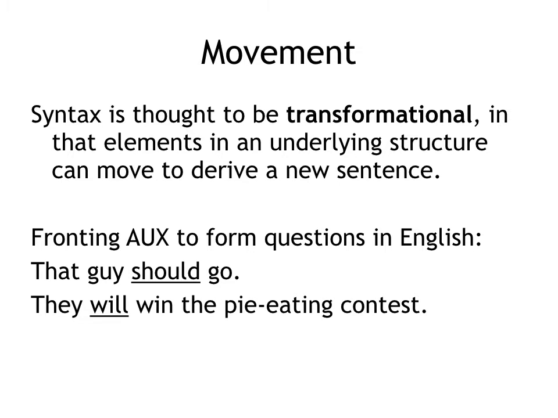So let me just give you a simple example in English. The fronting of auxiliary verbs is a simple extraction or movement that takes place to get a question from a declarative statement. So "that guy should go," right, is a simple statement. And if we want to make that into a question, we just take this auxiliary verb "should" and move it to the front of the sentence and turn it into a question. "Should that guy go?" Okay, so we've derived a new sentence, a question, out of an old one, a declarative